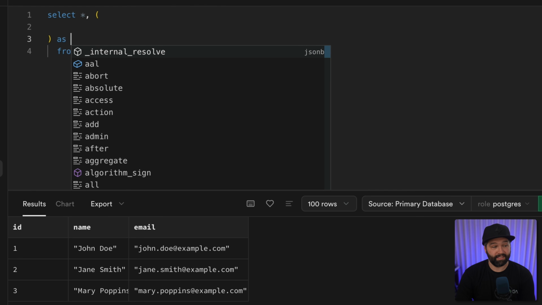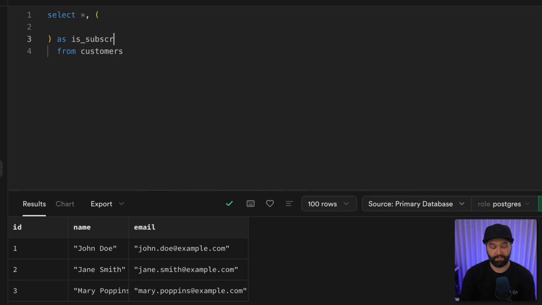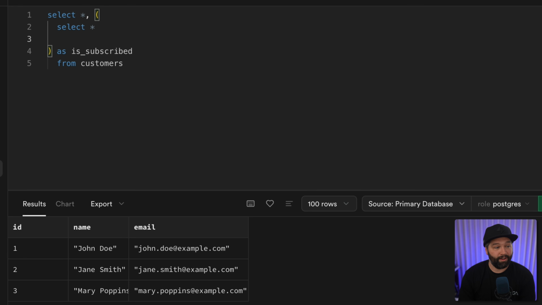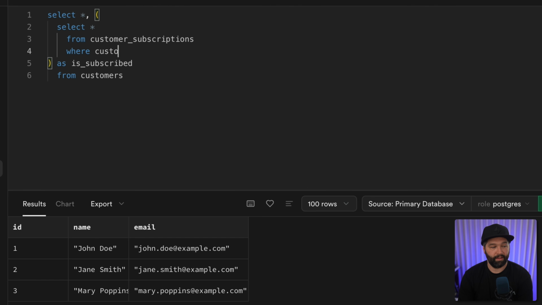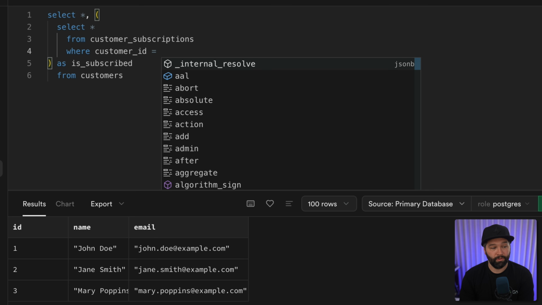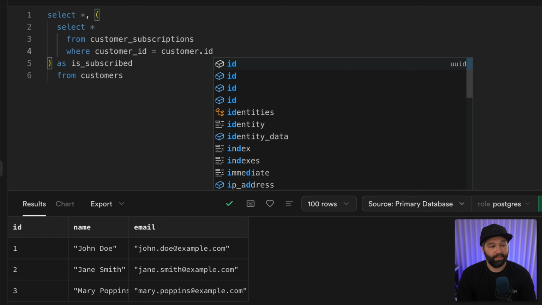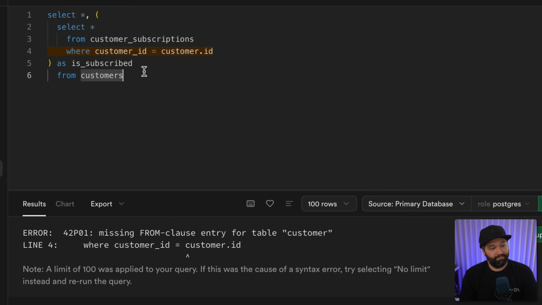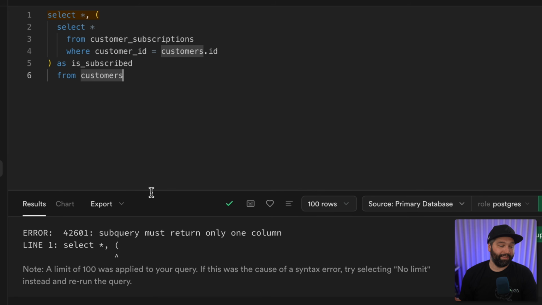So we can alias this subquery to be is_subscribed. And then our subquery is basically just going to check, is this customer in our customer_subscriptions table? So we can check that by saying, well, select star for now from the customer_subscriptions table, where the customer_id is equal to our customer's ID that we're currently selecting all of the columns for. And if we run this one, we'll get another error because we can't spell. This should be the customer's ID, but now we get the correct error that a subquery must return only one